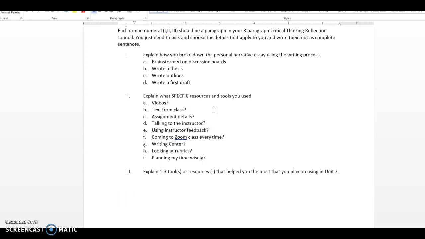Then for the third paragraph, you're going to pick maybe 1 or 2, at max 3 of these that you mentioned up here that helped you the most that you plan on incorporating in Unit 2. So you can start it with something like, in Unit 2, I plan to read the assignment details every time because it was very helpful for me in Unit 1. I also am going to come to Zoom class every time because I missed a few. That one actually doesn't apply to you guys, I realize, because you guys, let me switch it up a little bit. You guys are